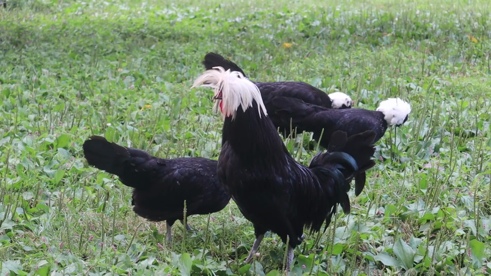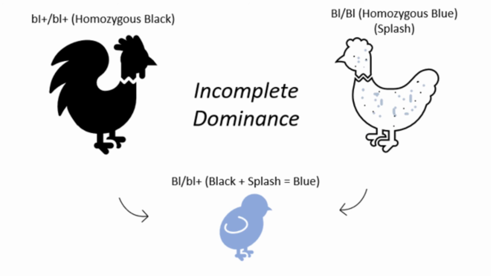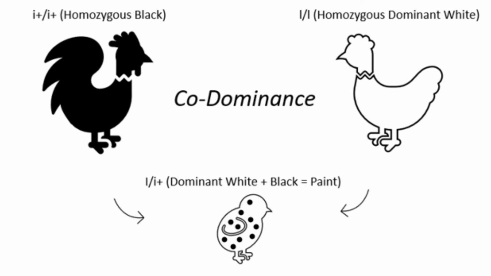So, to recap, incomplete dominance is when 2 genes together form a new color. For example, breeding a black bird with 2 black genes to a splash bird with 2 blue genes forms blue. And in co-dominance, rather than 2 different genes forming a new color in the heterozygote, both genes are expressed. For example, 1 dominant white gene with 1 black